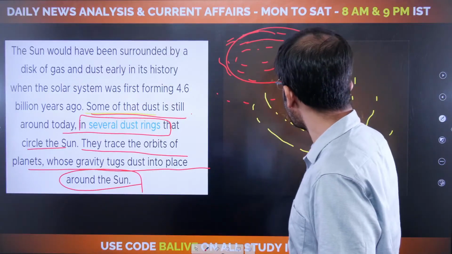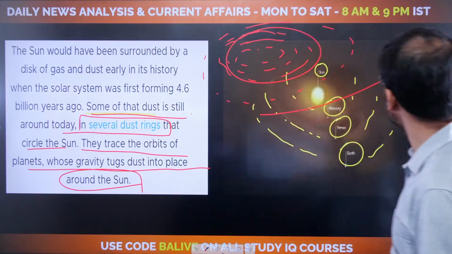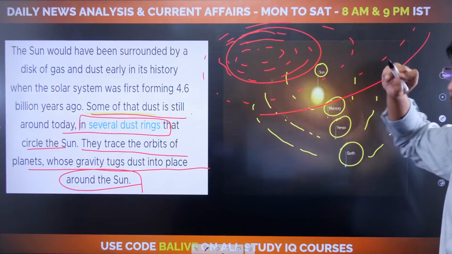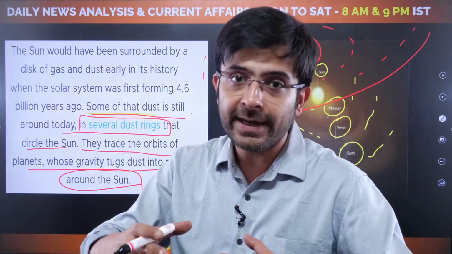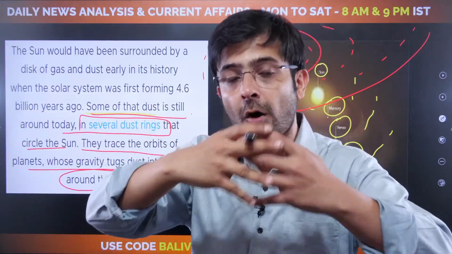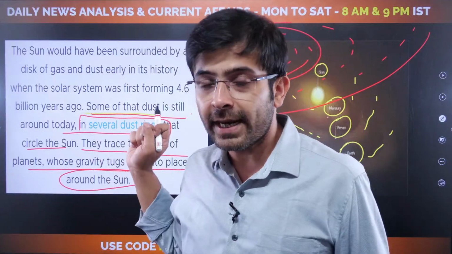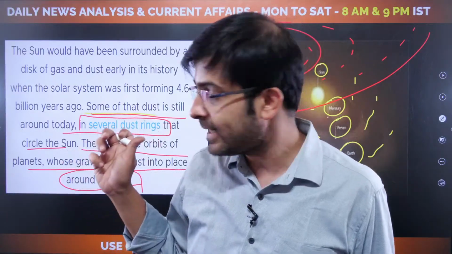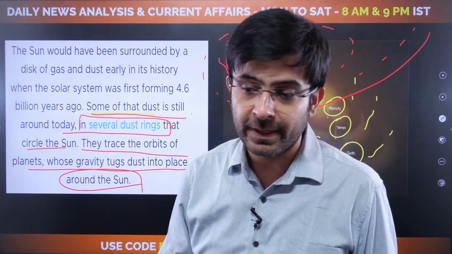Well, there were several other dust particles that were not included. Obviously, there were several other stray dust also in and around it that were a part of that whole process. Which means dust rings originated out of the Big Bang and are now a part of the orbit that a planet has. Okay, so make a note of this, because you wouldn't probably find this in the NCERTs, at least I didn't find it. And so it helps you to be aware from the examination perspective.